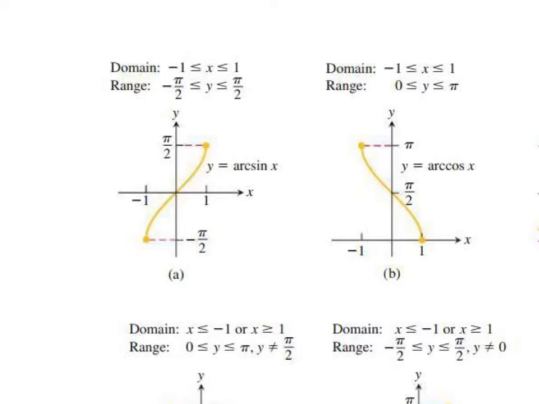If for sine the domain went from -pi over 2 to pi over 2, it makes sense that the range of the arc sine, the inverse sine, goes from -pi over 2 to pi over 2. And the domain would be what the range used to be on sine, -1 to 1. And the picture,